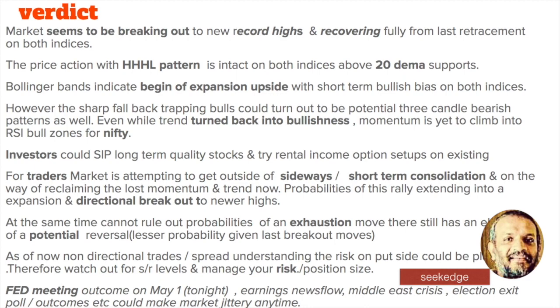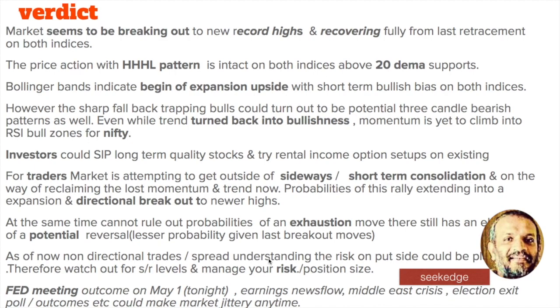Probabilities are that this breakout could come in and then the market can move. The only thing is the market is heated up. Many stocks are overvalued, we are approaching 23,000, and it's heated up. FII money is not coming in yet. So if it is option buying driving the big up moves, it may not come in that easily. The spreads may work out. This could turn out to be an exhaustion move as well.